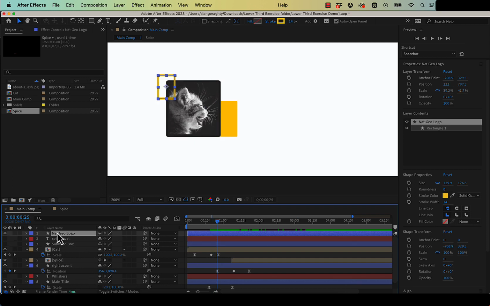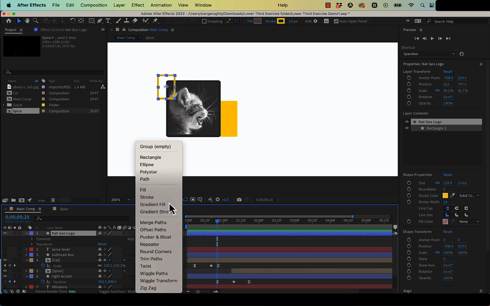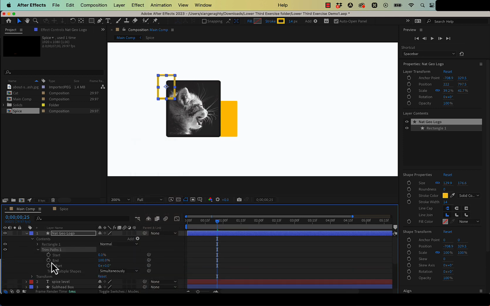So let's grab that National Geographic logo layer, open up the down arrow, and click on the Add menu. So remember, this is where we can add a bunch of different options, and select Trim Paths. For our trim paths, let's open up, and it's going to end. Click on the End button. I think I want it to finish right about,